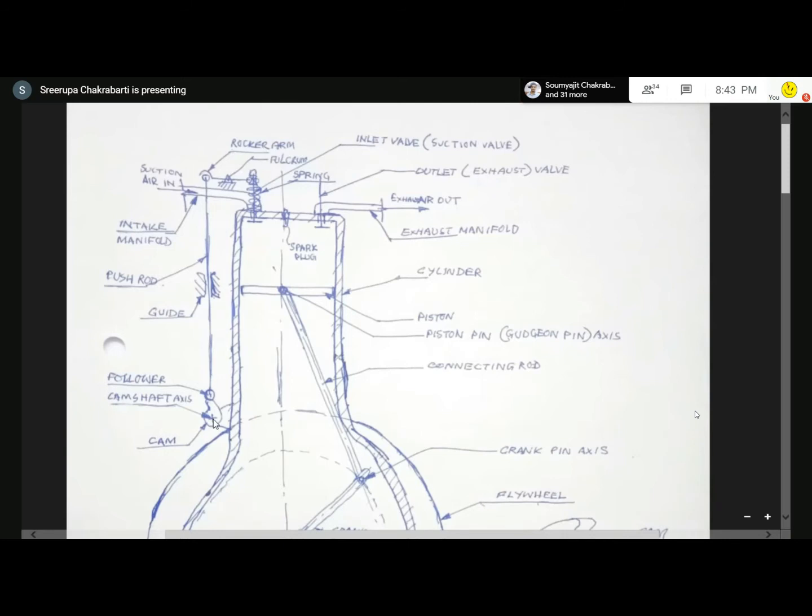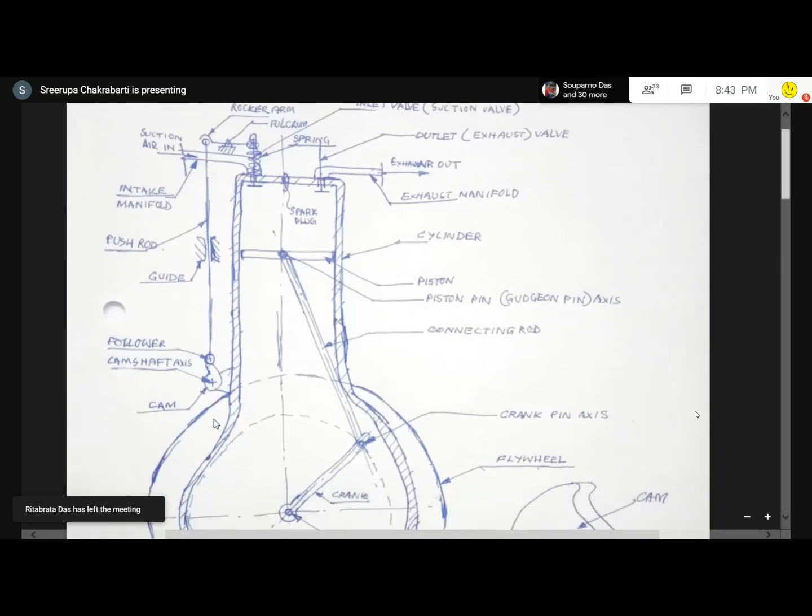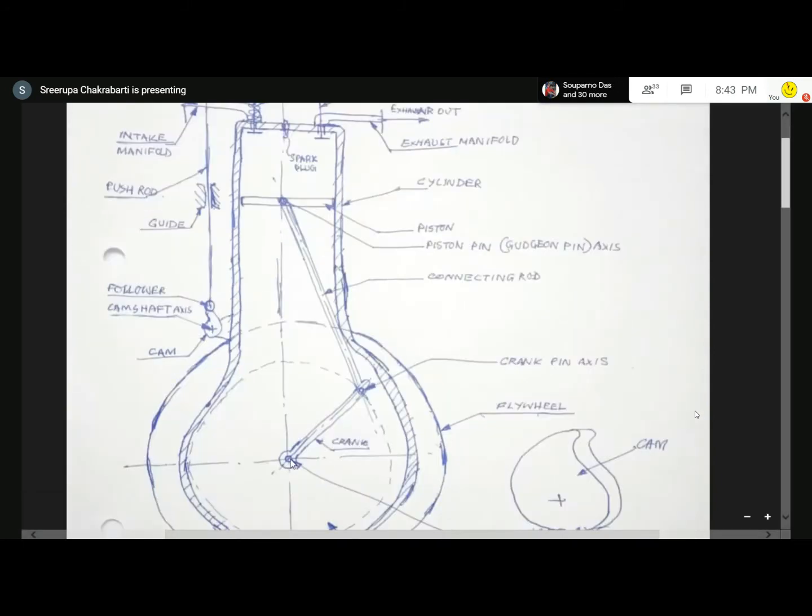Now here you see, this is the axis of the camshaft. See, there is one shaft which is called the crankshaft. This crankshaft axis is here. The crankshaft is rotating. It is the output shaft, and from that shaft, power comes through a gear drive into the camshaft axis. There is another shaft here. You can see this portion which is connected to the casing of the engine, which supports the camshaft. So the camshaft is perpendicular to the plane of the drawing.